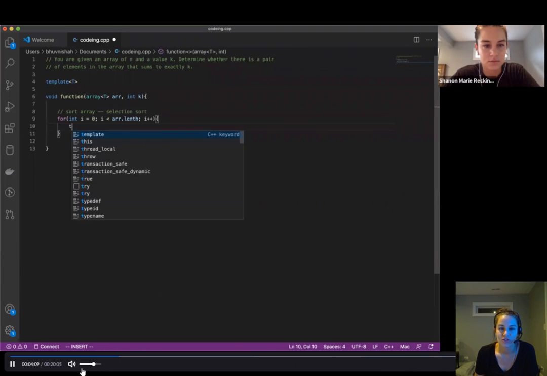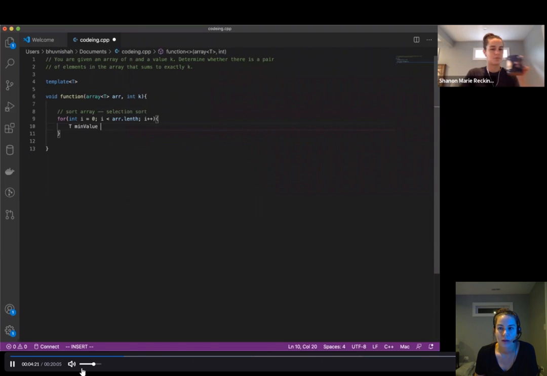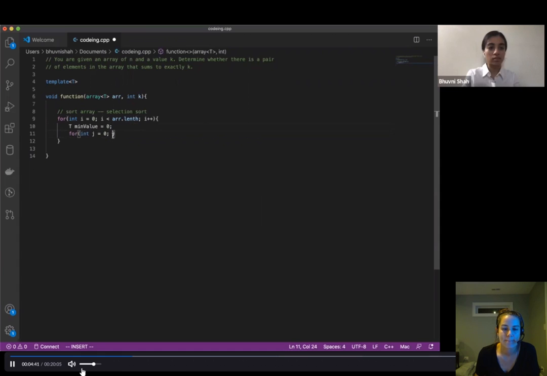The interviewer is trying to get her to talk multiple times by reading what she's typing. The interviewer is making more noise than her, so the video is showing up of the interviewer. So, you're doing selection sort on an array that's templated? Yeah. Okay. Is there a reason you're using a template? Because we don't know what type of array it is. Oh, okay. You actually can assume that it's an integer. It's an array of integers. You don't need to make it general.